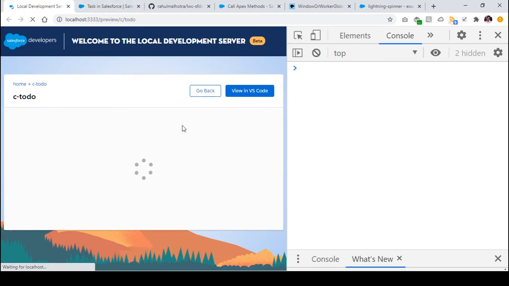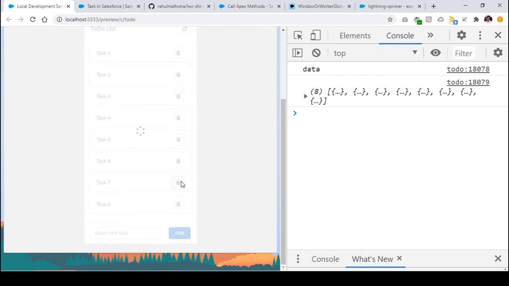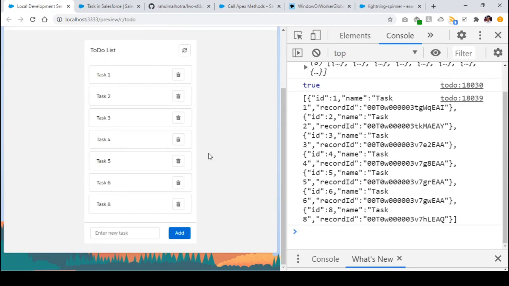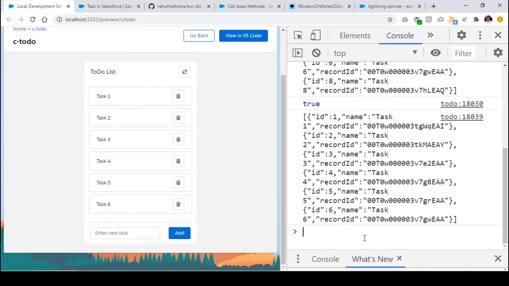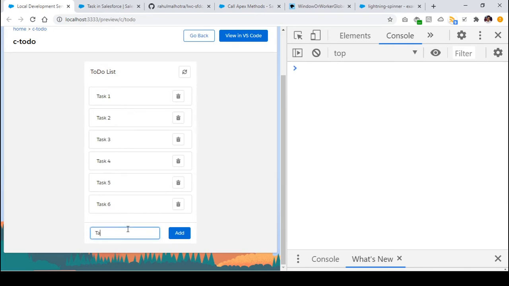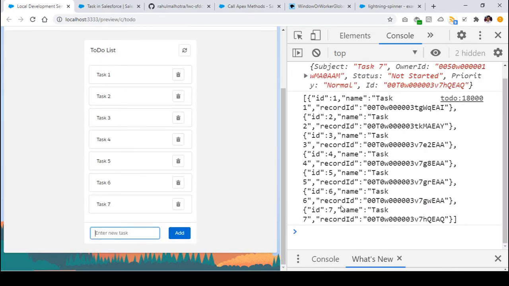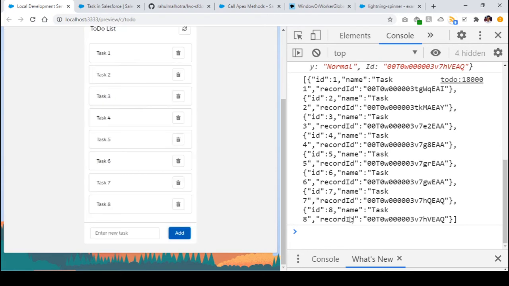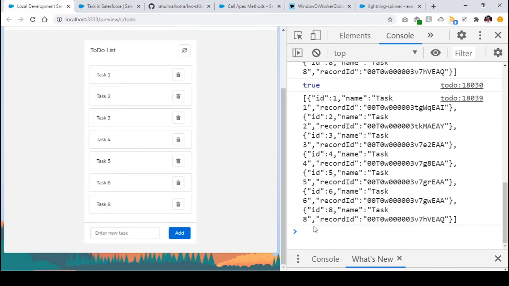Let me just delete these two tasks for now. Let me just delete this task 7 and task 8 for now, and I'll perform that operation again, right? Okay, so let's say I added task number 7 and it is added to the list, perfectly fine, ID is 7, right? I added task number 8, it is added to the list and ID should be 8, it is perfectly fine. I actually deleted, let's say, task number 7, it is deleted from the list, and now the IDs are 1, 2, 3, 4, 5, 6 and 8, right?